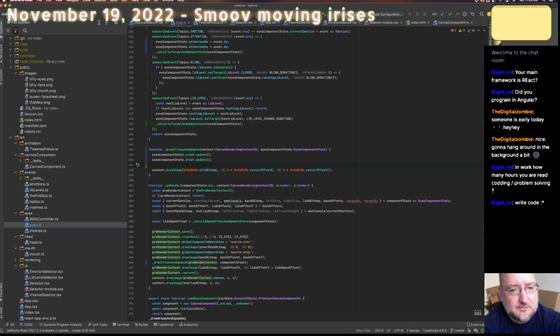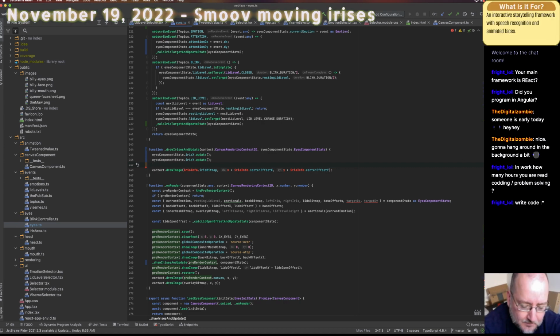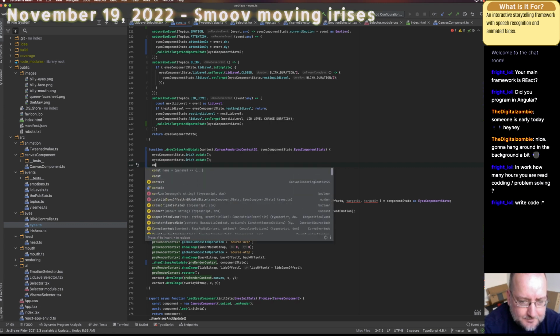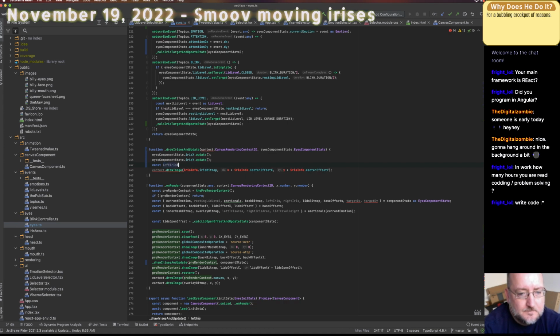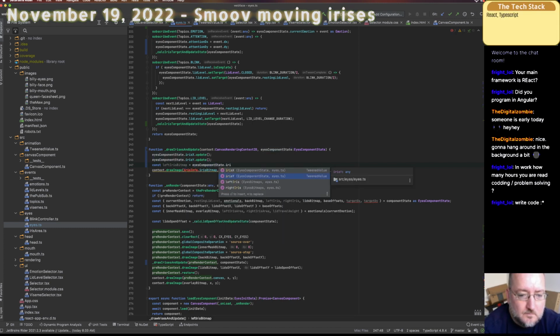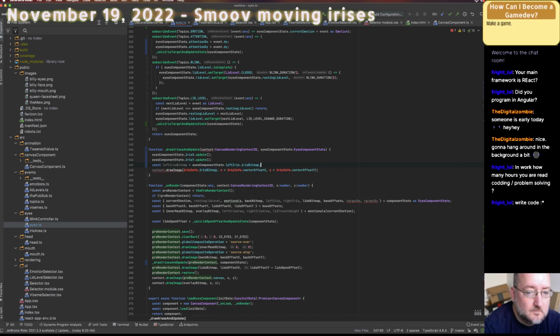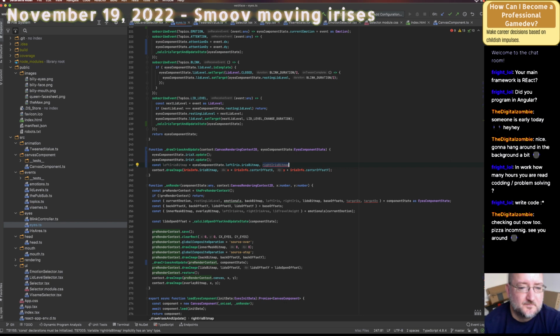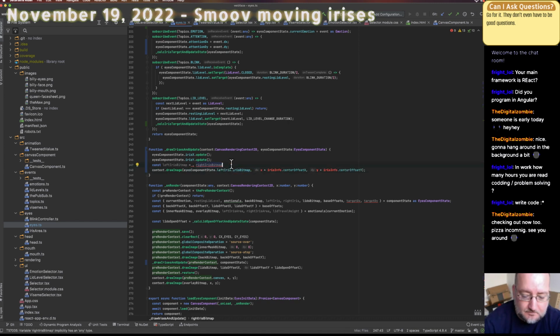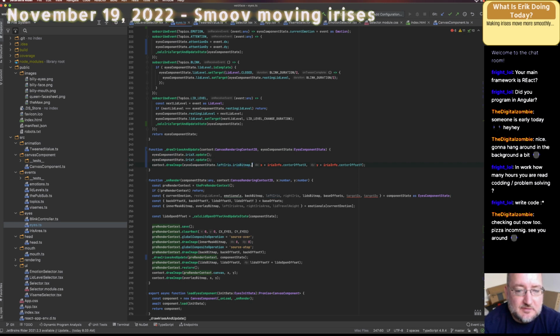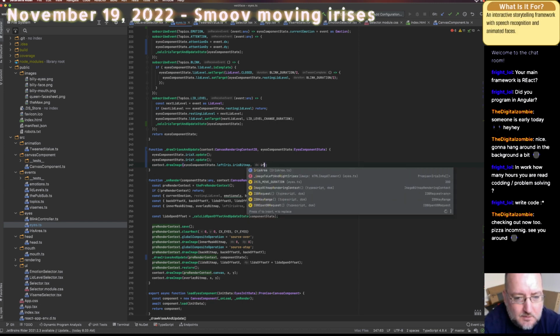Okay, so let's just get left iris bitmap and the right iris bitmap, and then I'll use the other. Okay, got it. Yeah, I don't even need that. Let's just go like that. And then here it's a little screwed up because I need to have left iris X and a right iris X, but